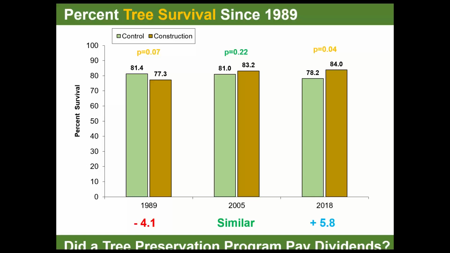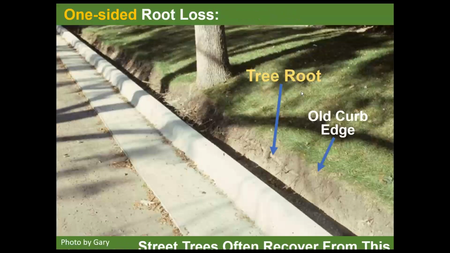It's actually that streets get widened. In this case here, the streets actually shrink slightly. And so here's a tree root. Here's where the old curb was. And the whole process of removing the old curb and putting a new one in is they avoid damaging the root system. The other thing that is actually going on is the trees have more growing space. So in the construction area, they're avoiding damaging the trees and they're giving more growing space. So that in itself is explaining why trees actually have a greater survival rate in these construction areas,